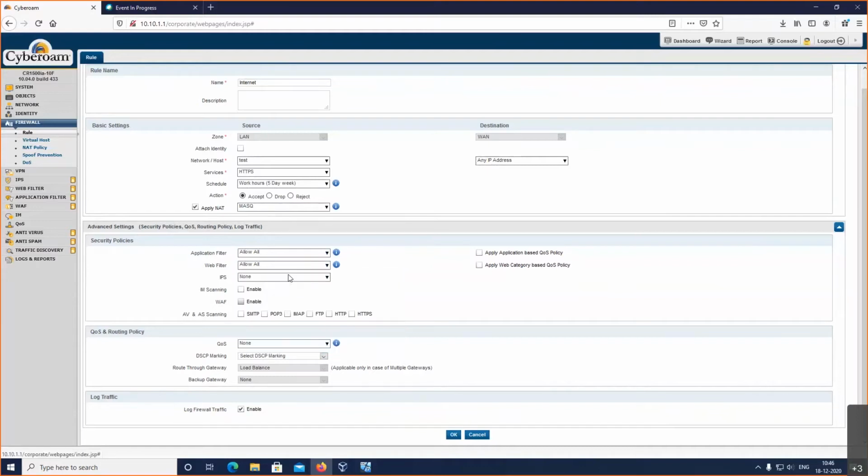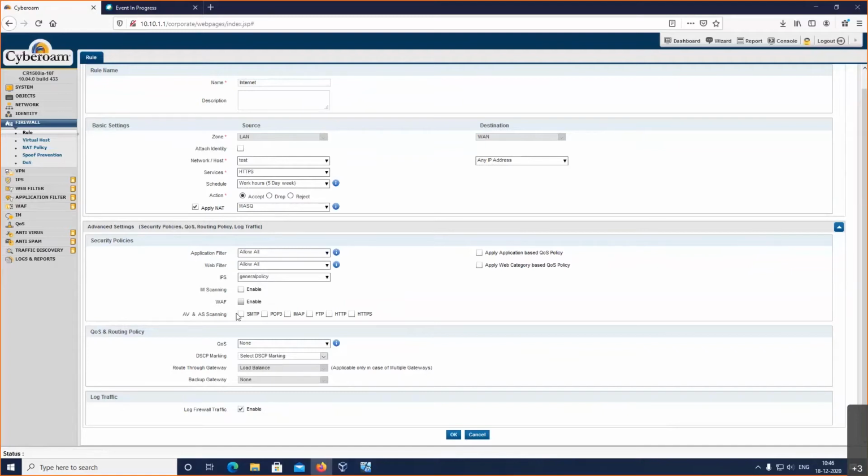There is also a section with respect to intrusion prevention, which can be defined with respect to the IPS. And even IM scanning or the web application firewall can be enabled.